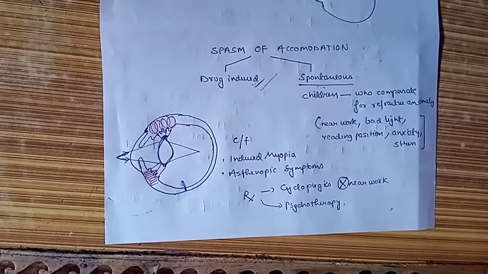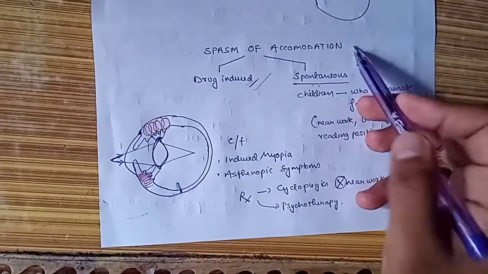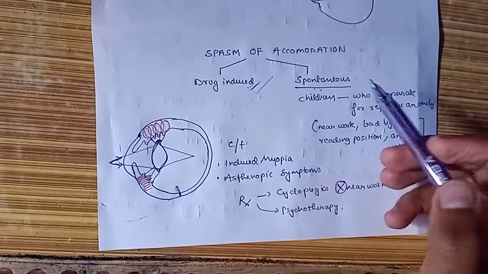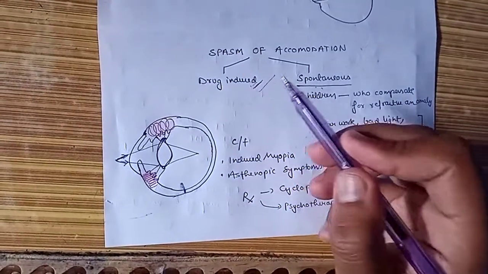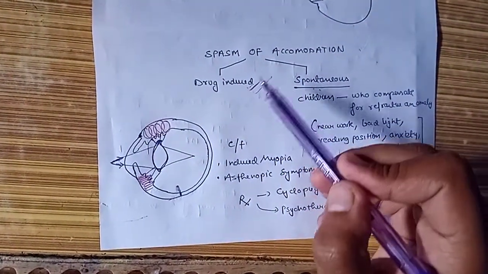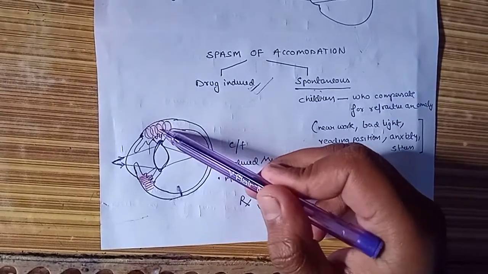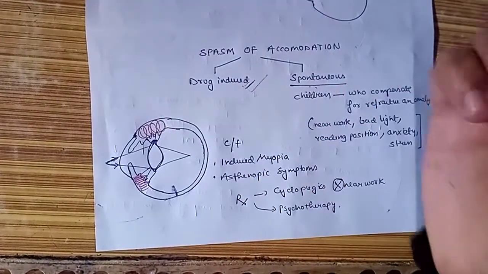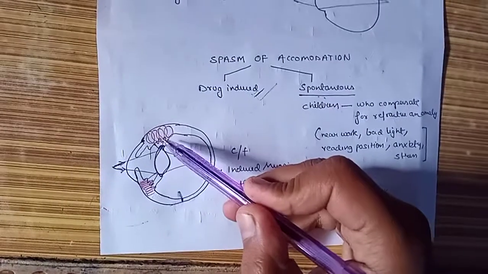Everyone. So in this video we are going to study about spasm of accommodation that can be drug induced or spontaneous. The drug induced are because of muscarinic drugs. These drugs like pilocarpine bind over the receptor in the ciliary muscle causing spasm of ciliary muscle, and this spasm